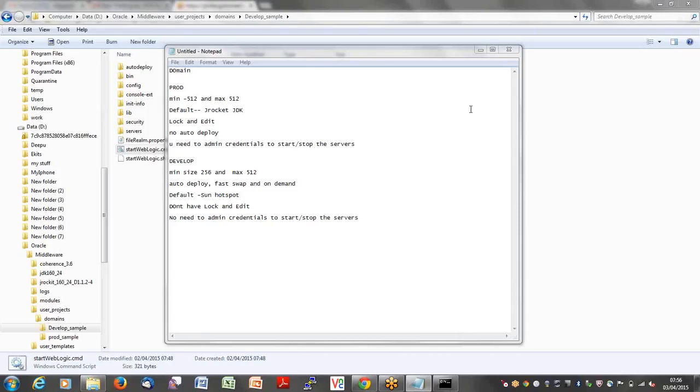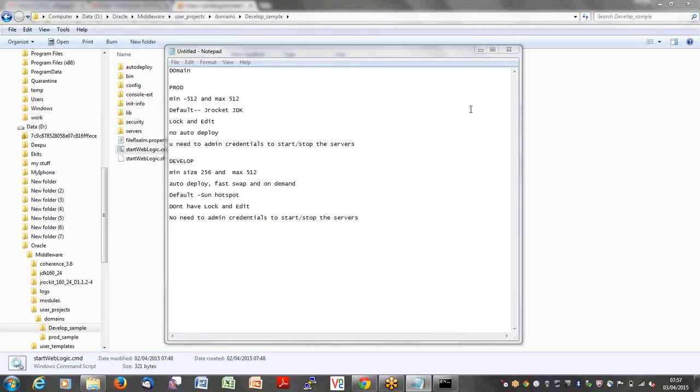So this memory completely depends on your application. How much load is there on your application, how many users are accessing your application, what is the size of your application. Calculating all these things, we should come to a conclusion on what my heap size of my server should be. Okay, but Oracle recommends you not to go beyond 1.8 gigs. If you go beyond 1.8 gigs, your garbage collection will be slowed down.